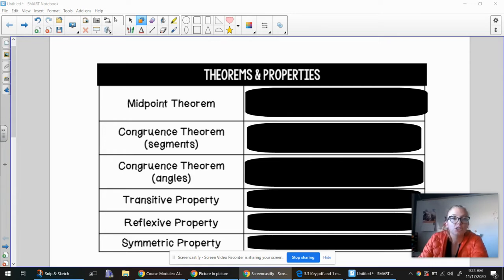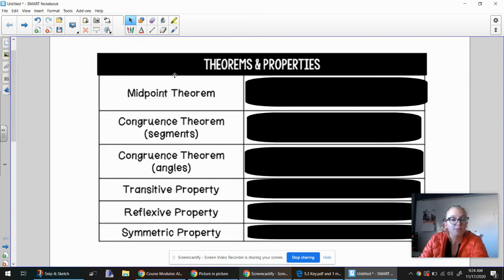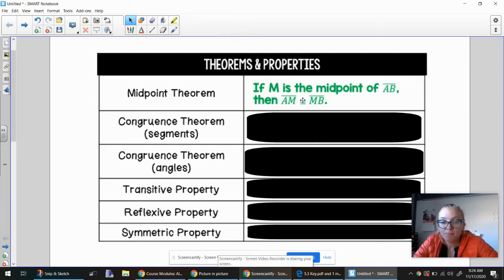So the first thing we need to do is go through some theorems that we're going to be using today. The first theorem is the midpoint theorem, which says that if M is the midpoint of AB, then AM is congruent to MB. So if I have M as a midpoint, then the two segments on either side are going to be congruent. Midpoint means exactly in the middle. So if it's the point exactly in the middle of a segment, then the two segments on either side are